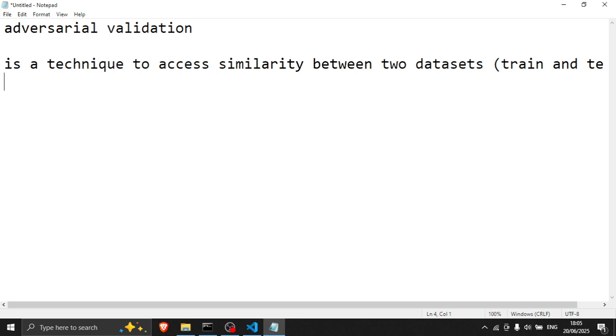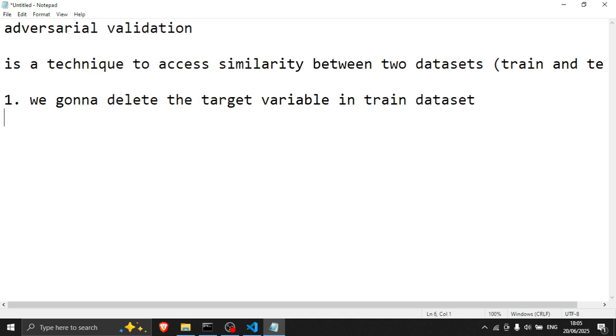So how can we implement this technique? Basically it's simple. We can implement this technique in just 4 steps. The first one: we're going to delete the target variable in the train dataset.